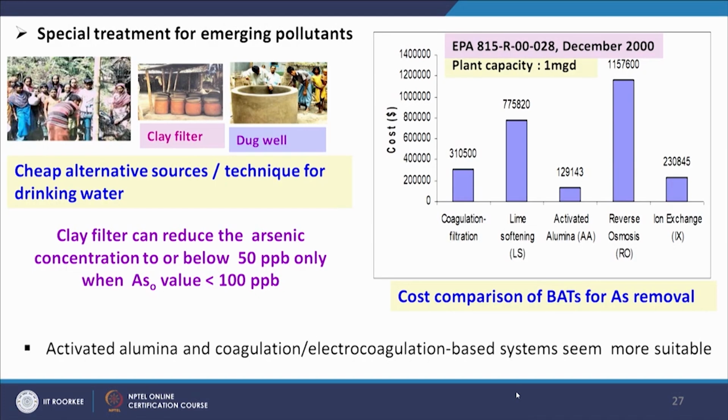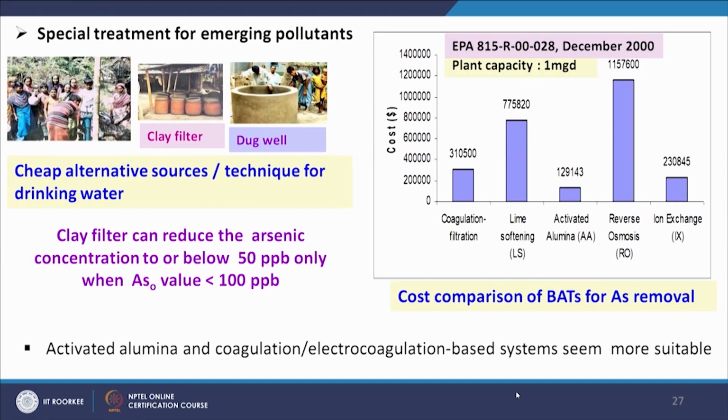Another most important aspect of groundwater treatment is the presence of emerging contaminants. Day by day new pollutants are being identified in groundwater, which is contaminated by different human activities or from natural sources, like arsenic, fluoride, pesticides, uranium etc. All those chemicals are emerging in nature, and we need some special treatment apart from the discussions which we have made. Those treatments may not be applicable or suitable for this type of pollutants,